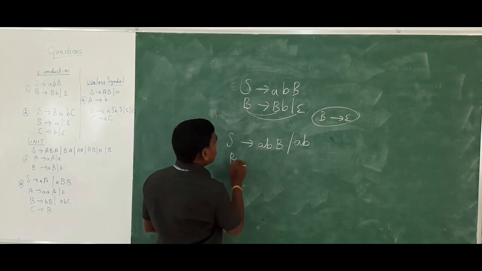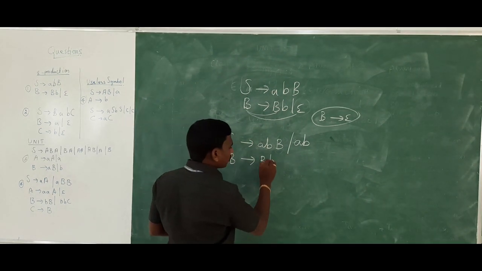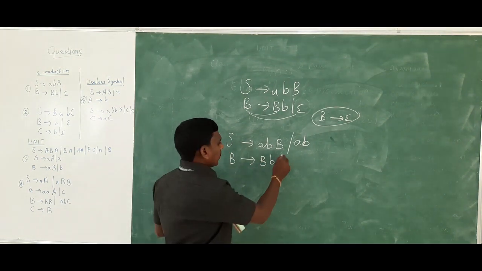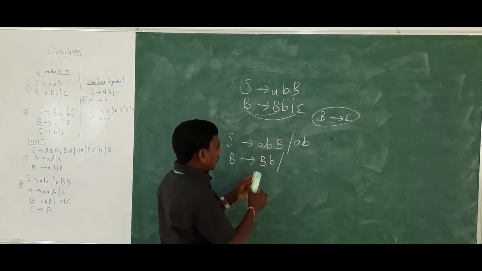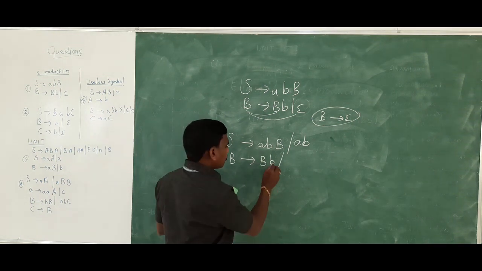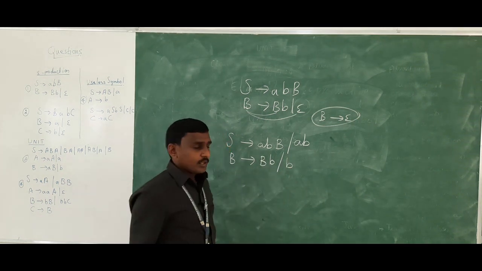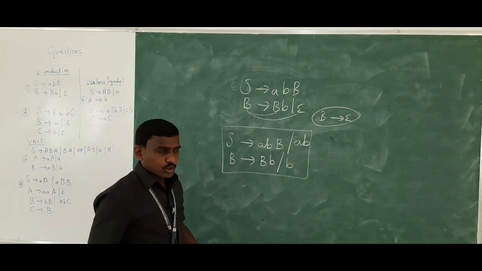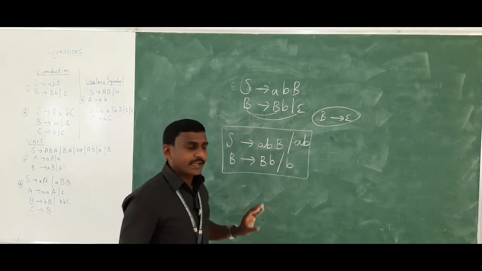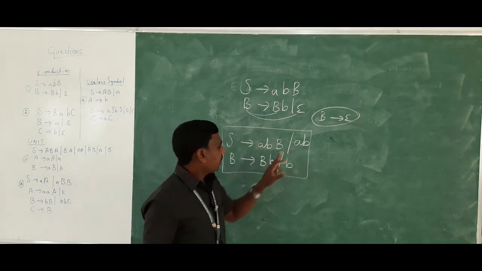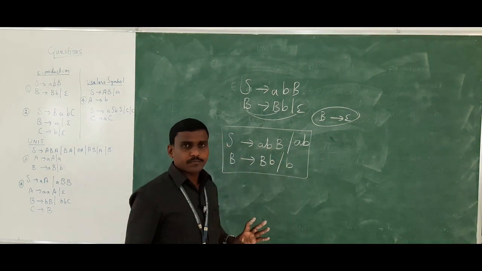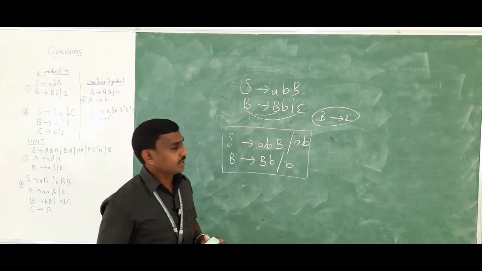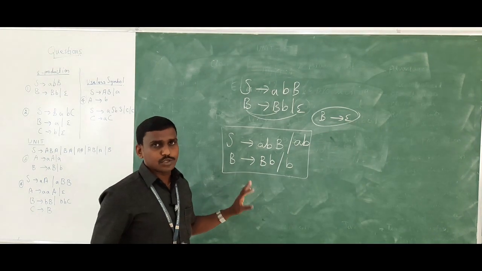Then the same second grammar also I want to write. That means B tends to BB. B tends to BB I have to write. Okay. So now the same thing, you have to substitute epsilon for this B. What do you have? Small b. So B. Now you check this grammar whether we have any epsilon. No. So after eliminating epsilon production, we will get the grammar S tends to AB, B tends to BB, B. Clear?